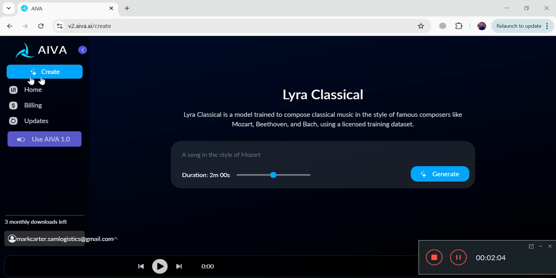So here you can see that when you click on this create button, this prompt section will open up, and it will get you to make a cinematic background music of time 2 minutes 0 seconds.